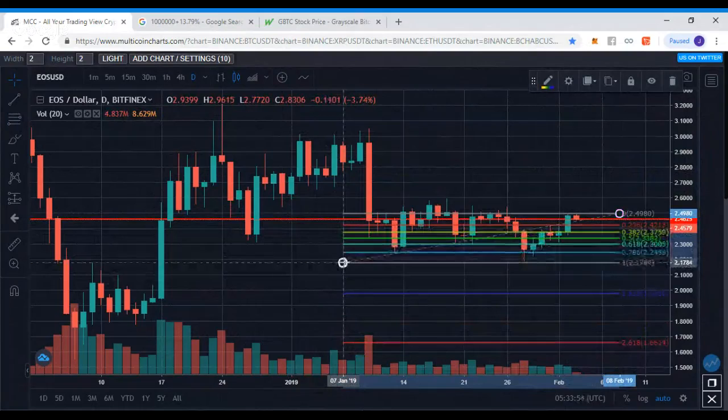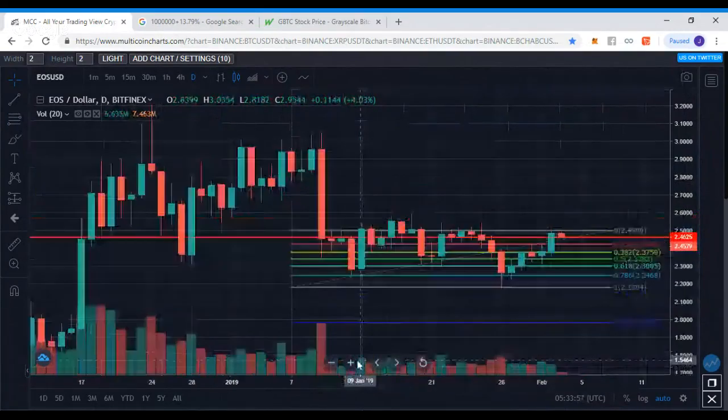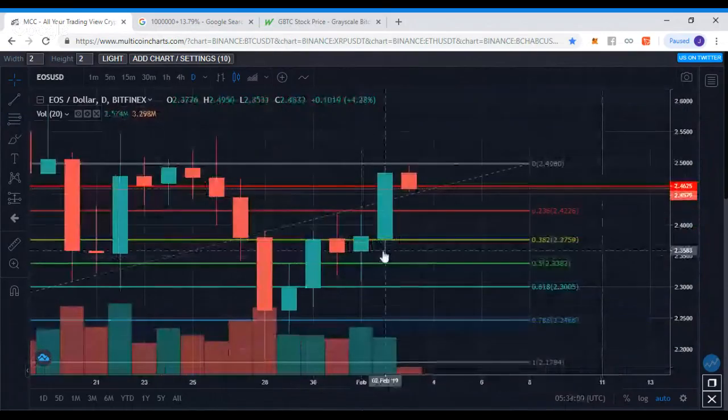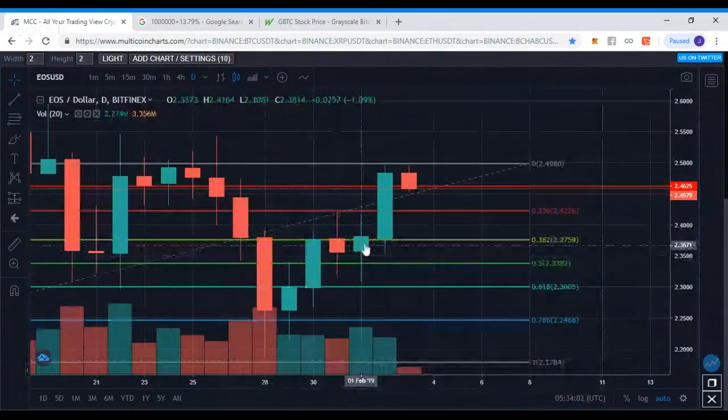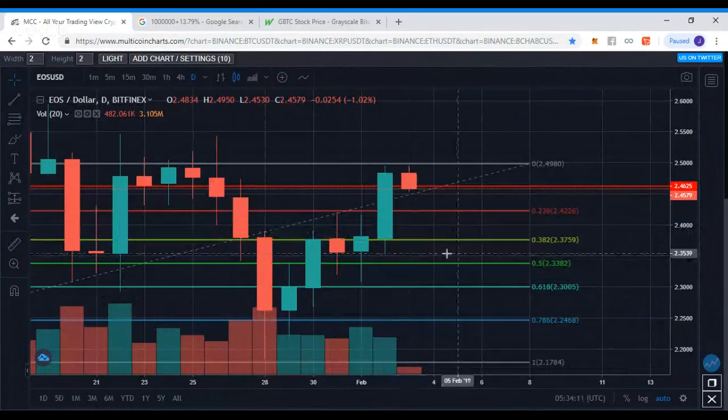And see where we could pull back to. There we go. So we got a nice clean swing low to swing high. Like I said, swing low of 2.18 to a high of 2.49. We haven't even come down as far as the retracement level down to anywhere near 23%, which is at